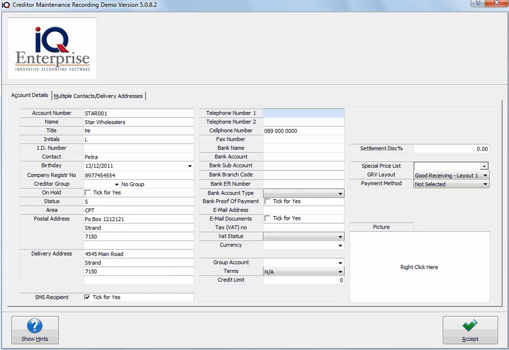In the next column, we've got telephone numbers, cell phone numbers, fax numbers. All of this detail is important to fill in, making sure that they're correct here. You can fill in all your telephone numbers. If you've got second lines, fax numbers,